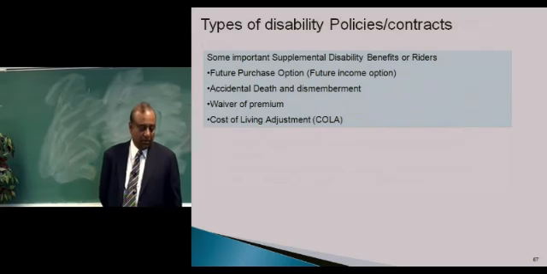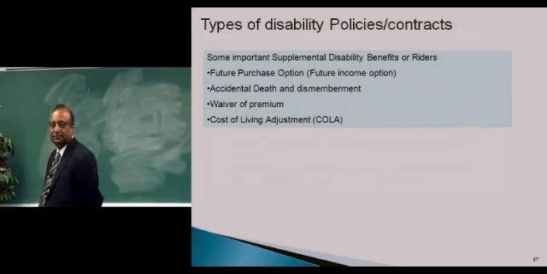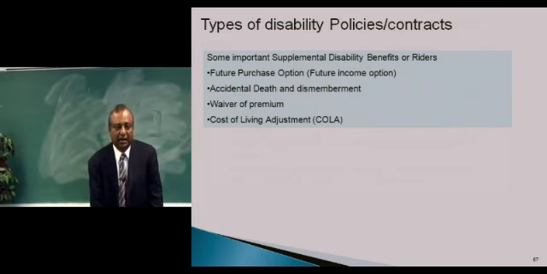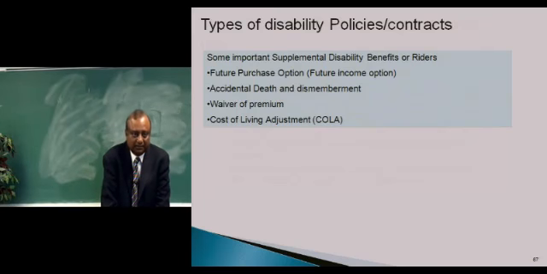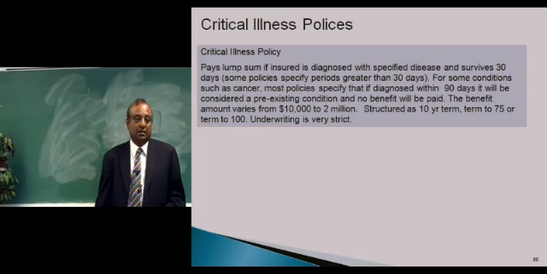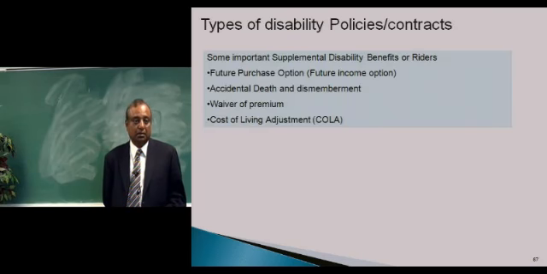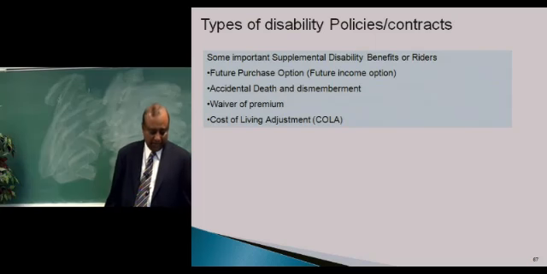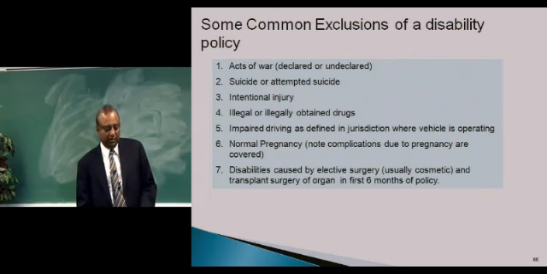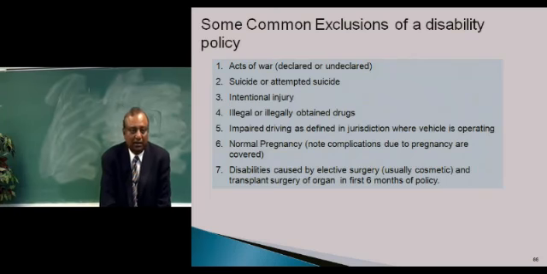Now, we saw the life insurance contract was basically a unilateral contract. Insurer could not change anything. But here, when we come to these disability kind of contracts, we have three kinds. One is called the guaranteed non-cancelable contracts. These contracts are just like the life insurance, and the insurer cannot make any changes.